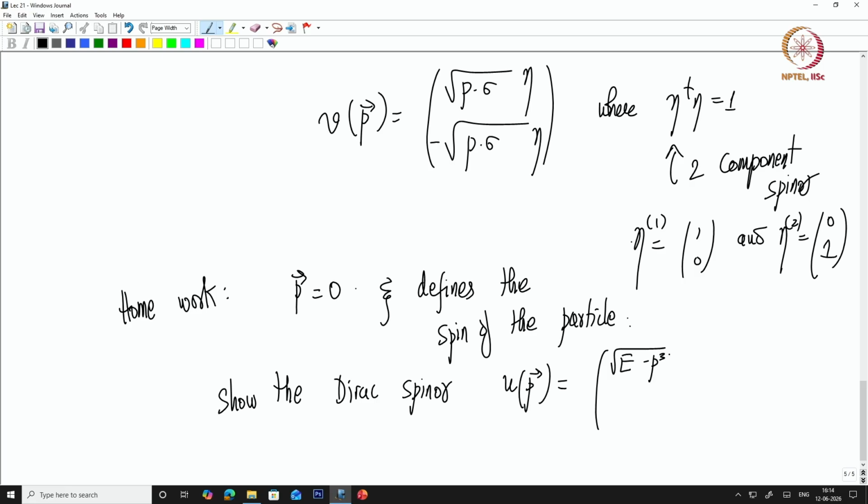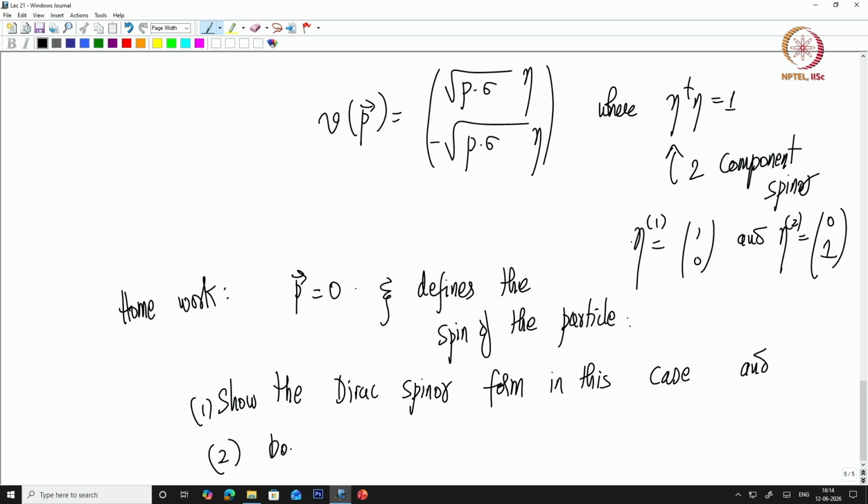So, let us just fix some momenta. Let me not write the solution; give me the form in this case, and to boost it